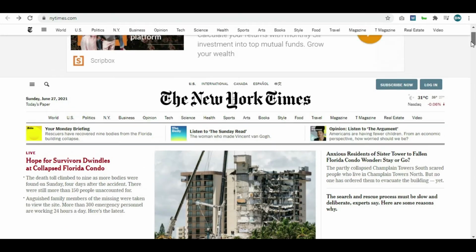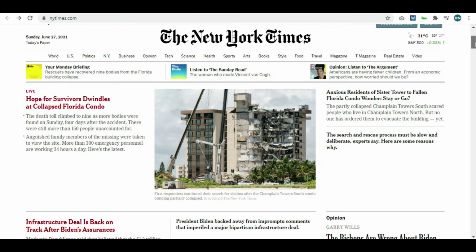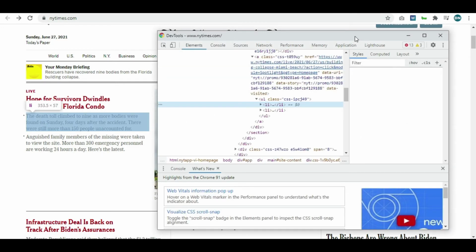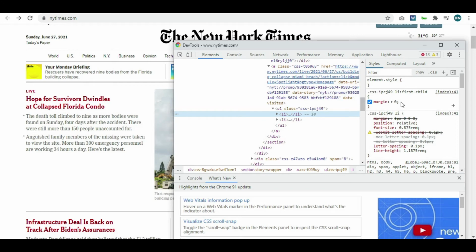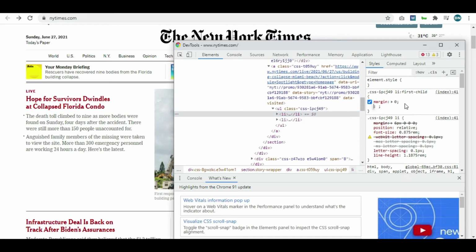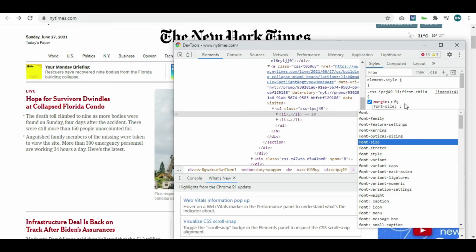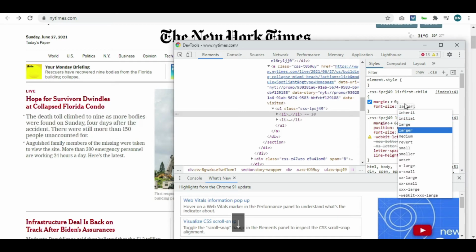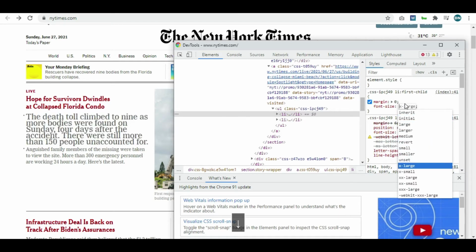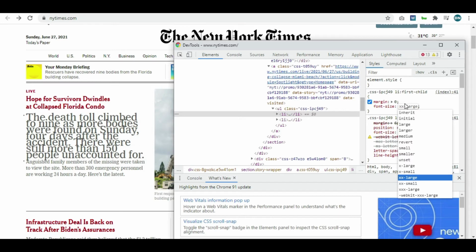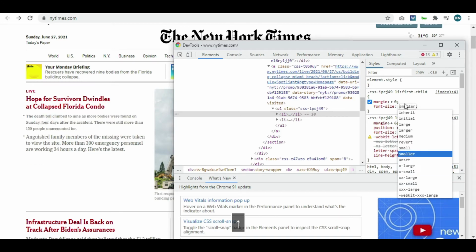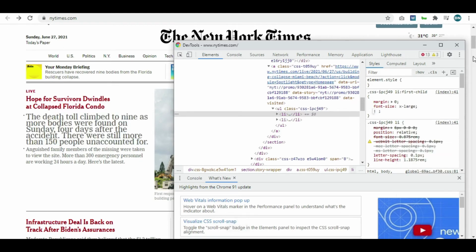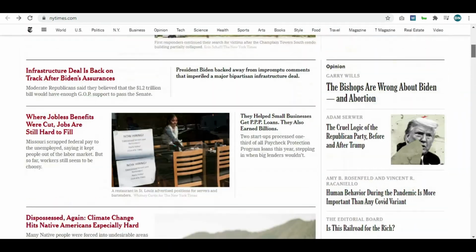So if you want to see how the website looks in a different color or scheme, or maybe with a different and a bolder text, you need to be a developer to know about these CSS classes, or you can learn HTML and basic CSS to do more with it. For example, I'll write font size and I'll increase it a little bit. Let's keep it XX large, or you can have it smaller. So there are a lot of options. You can make these changes to see how the website will look, without actually making the changes.